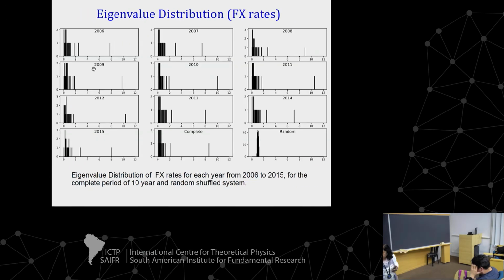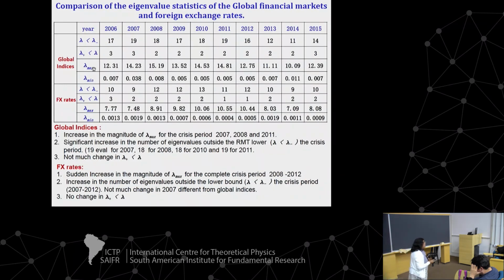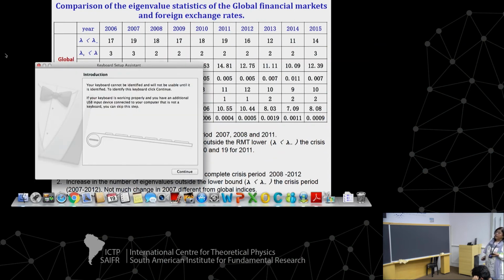So the outliers, and for the FX rates, we've also done the analysis, and similar results hold. And here's a table in which we've summarized the results. That is, for outliers in the lower end, the numbers are this. Okay? So the numbers are very high for 2007, 8, 9, 10, 11, okay, and decrease. Okay? In the lower end, on the higher end, on the other hand,